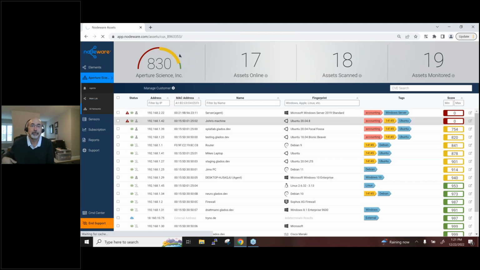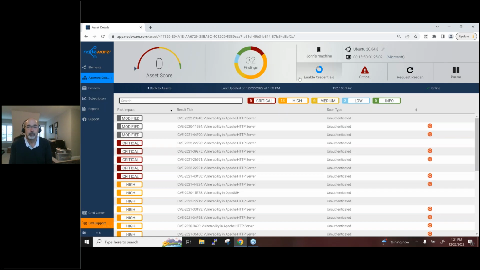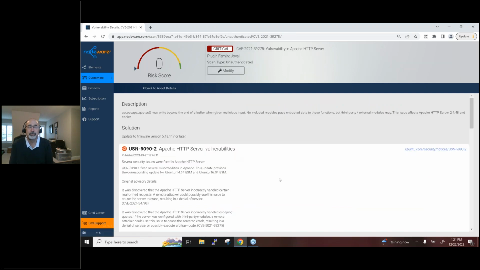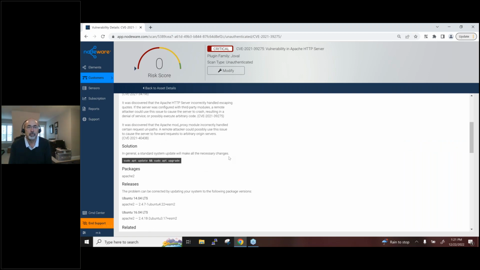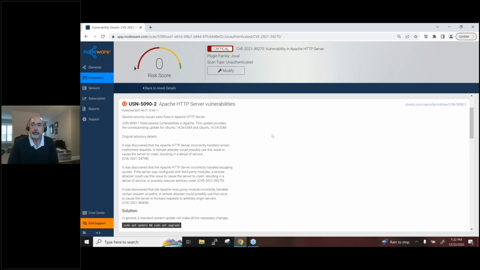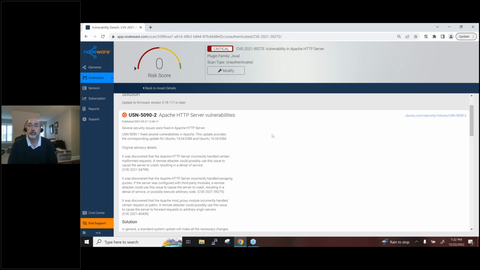But here we can see John's machine. This is a sensor scan. You can dive into these. The Ubuntu look is slightly different, but again, you still have your CVE, the description, and the solution data brought right to the forefront. Here's the solution. Luckily, Linux has a great solution. It's literally run sudo apt update and sudo apt upgrade, which would update the packages to the latest version to remove this vulnerability. However, in some cases, there are business critical machines you can't update because it would break some critical application. So you may want to accept a risk.